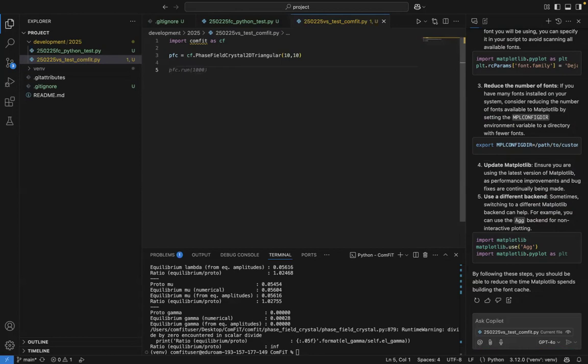So let's just make a plot to see how this works. So let's do pfc.configure. Okay. And by the way, you see here that it has this yellow line underneath, it doesn't recognize the package Confit. And the reason is that